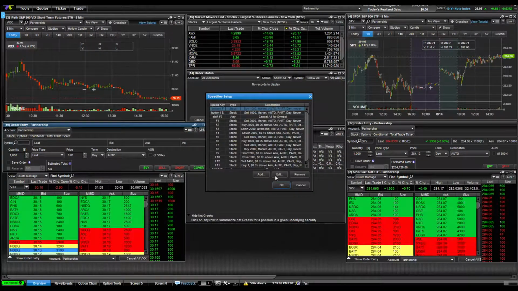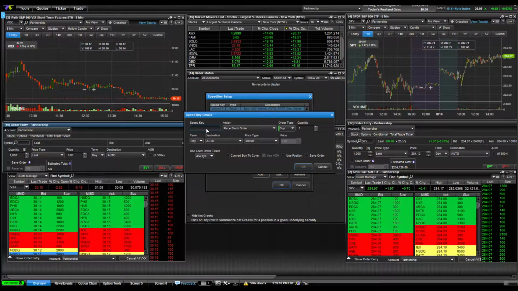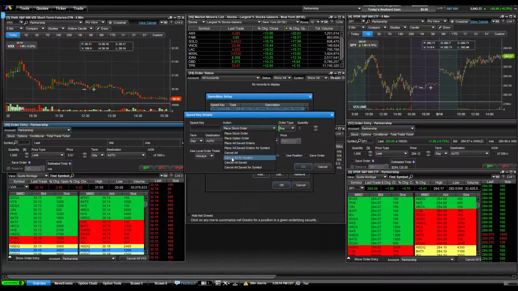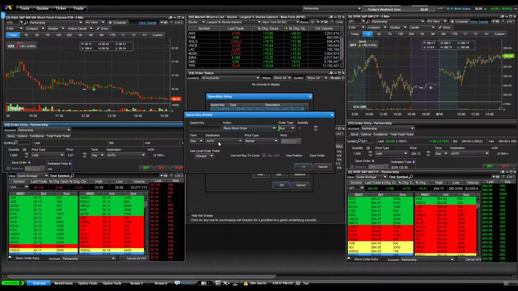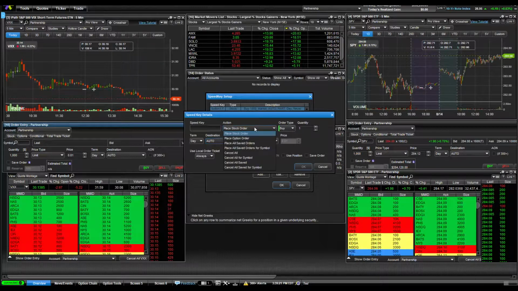Speed keys, you can set up a lot. You can edit. So let's actually create a new one. You can do the speed key pretty easily. You can decide whether it's placing a stock order or option order. You can save orders. You can cancel orders. You can have it do some specific things, like if you want it to